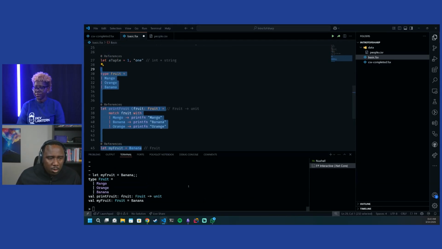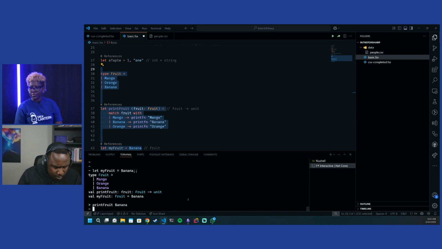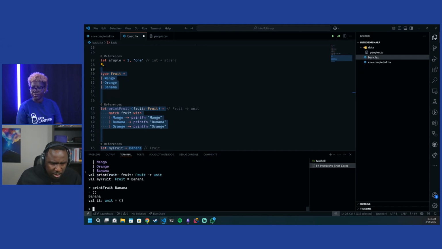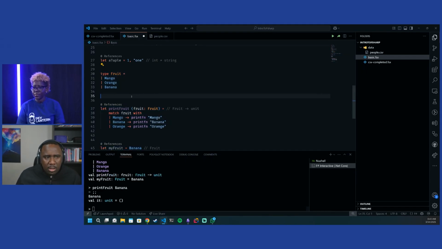So if I create a fruit called banana, I can come here and say print fruit banana, and it will print it correctly. Now, we deploy the app, we launch it, the app goes live, everybody is happy. And all of a sudden, the program manager comes and says, you did not add pineapple. There's supposed to be pineapple in this thing. Now, if you come here and add pineapple,